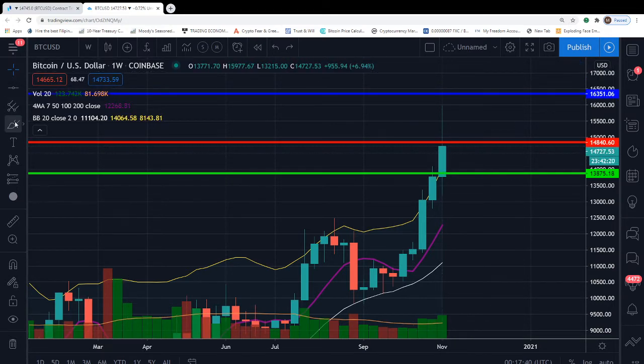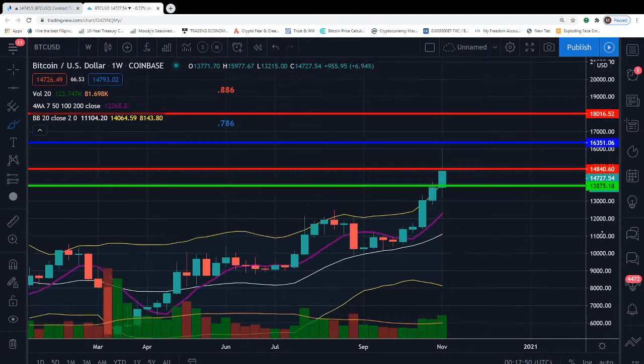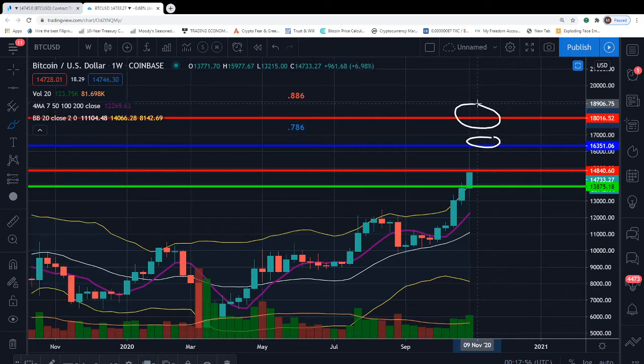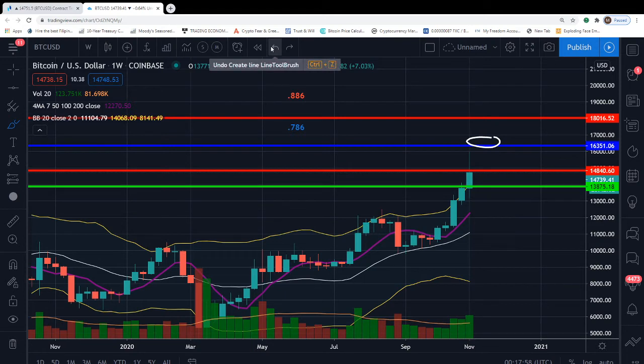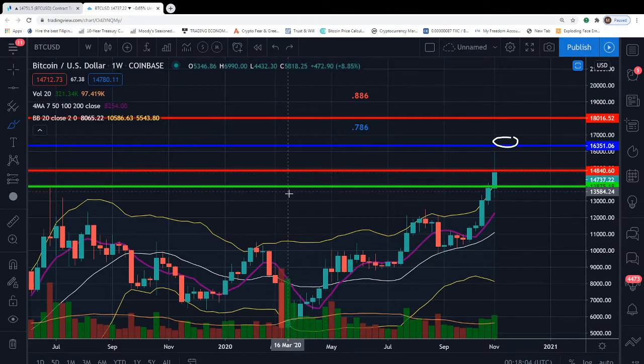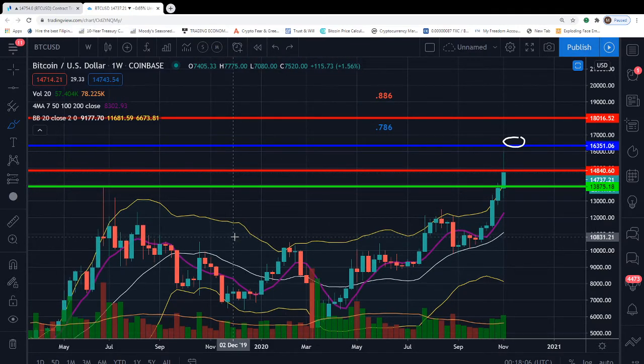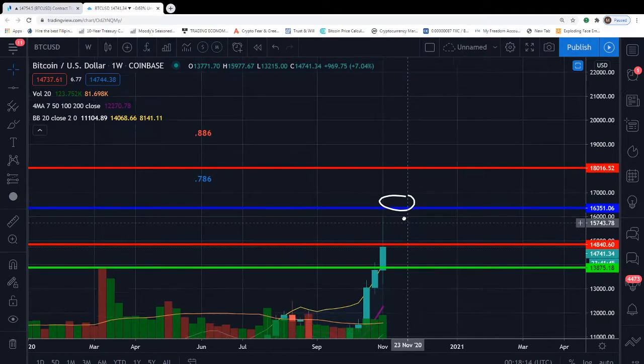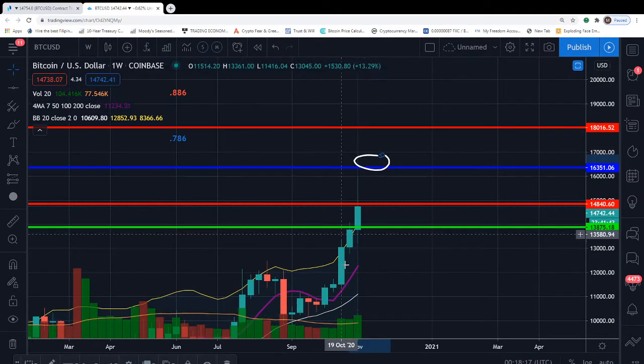Now, if this thing closes below $13,800, so help me God, we're probably going to have to scratch off that $16,000 to $18,000 price prediction that I was saying could happen in the year 2020. We may have to scratch that out because if BTC closes below $13,800, the move down would probably be at least a minimum of $10,000 or $11,000 retracement. Okay, so just keep that in mind if you're still loading up on BTC at the current levels. Just be mindful and have a plan,